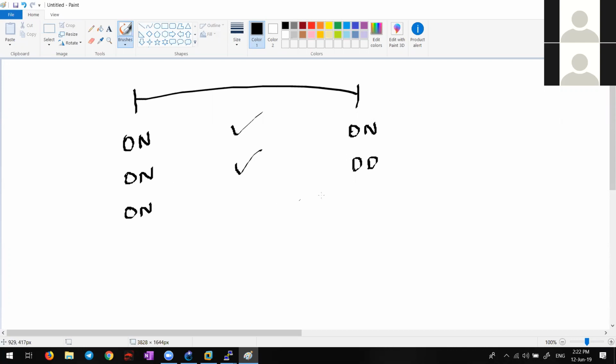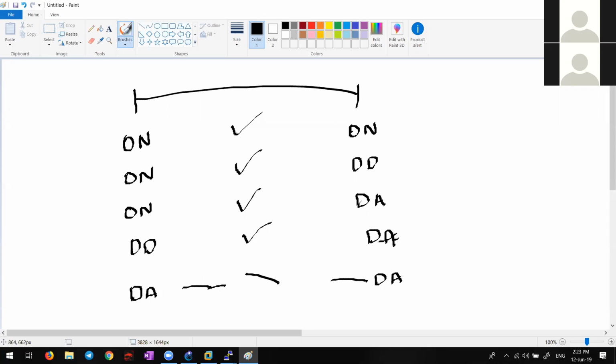One side is on and the other side is dynamic auto. Will it become a trunk link? Yes. Now both sides are dynamic desirable. Will it become a trunk link? Yes. Now the last condition is what? One side is dynamic auto and the other side is dynamic auto. What do you mean by dynamic auto? It will not initiate the trunk link. It will wait for the opposite side to initiate the connection. He will wait for the other guy to initiate, and the other will wait for him to initiate. Basically both will not initiate and the trunk will not form.